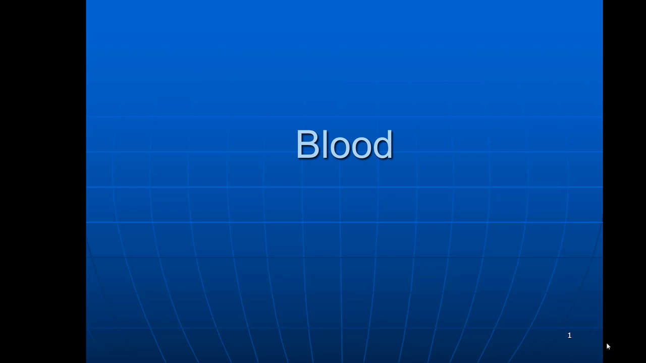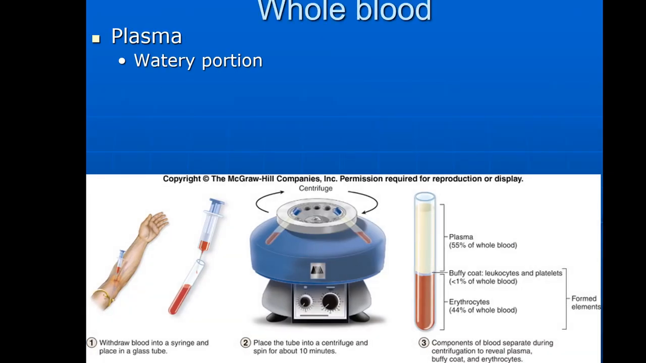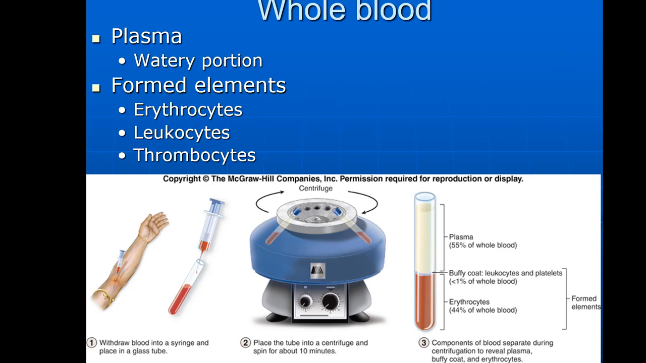This lecture is going to be about the blood. As you may remember from early in the semester, the blood is classified as a connective tissue. So if we look at whole blood, if you took a tube of blood out of somebody, there's two main parts to it. There's the plasma, which is the water portion of it that makes blood a fluid,